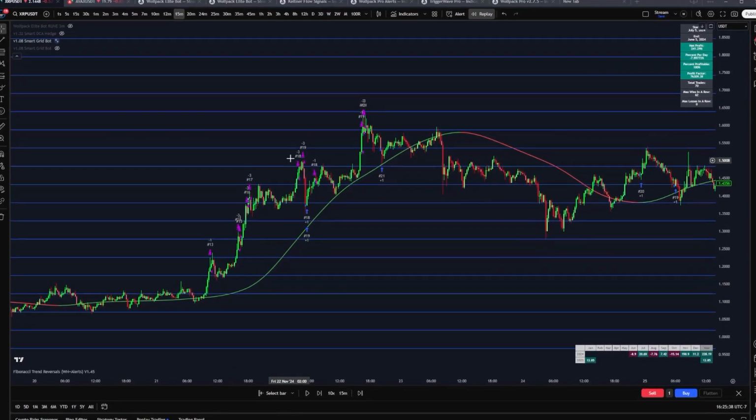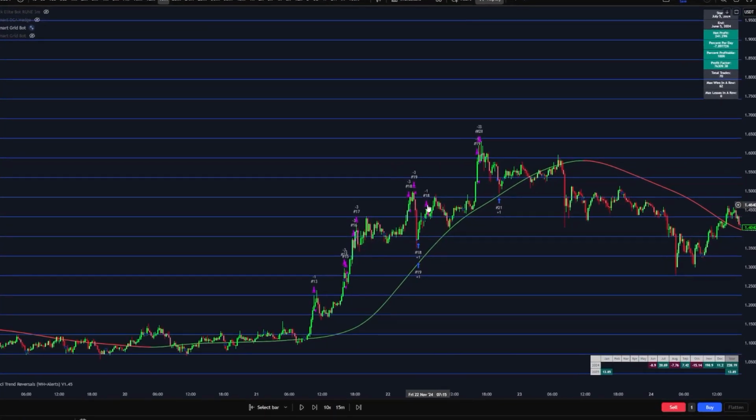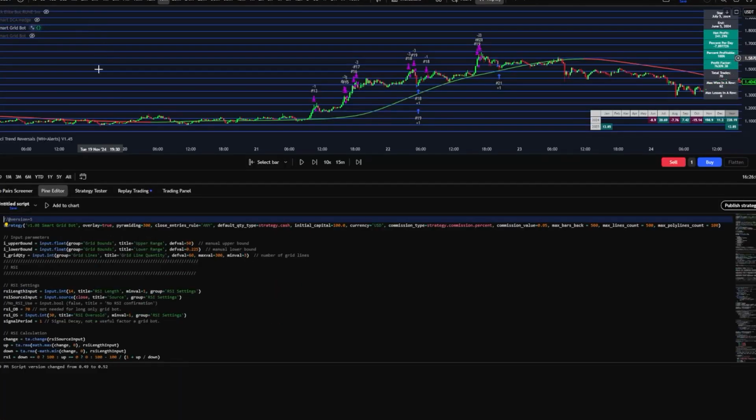So zooming in here, this is what it will look like. There's a cross down through this trend line here, and right there is when we cross back above it, so we enter another long there on the grid, and there's already a take profit as we break over that second grid. And this is open source code, so I'm going to open up the code and show you exactly